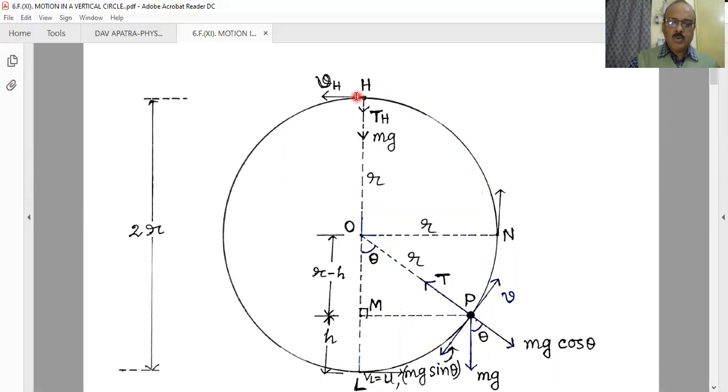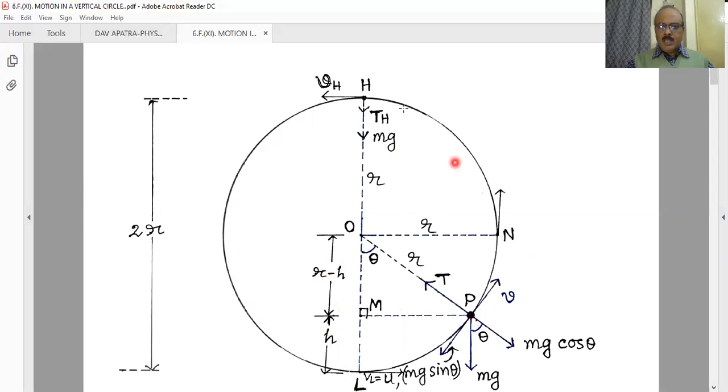Let us find out what the value of the minimum velocity will be, whether it is 0 or not equal to 0. After discussion, we will find out what the minimum velocity at the highest point would be to complete the vertical circle, and what the velocity will be at that time at the lowest point. Here, at each and every point, we have to find the expression for the velocity and also the tension